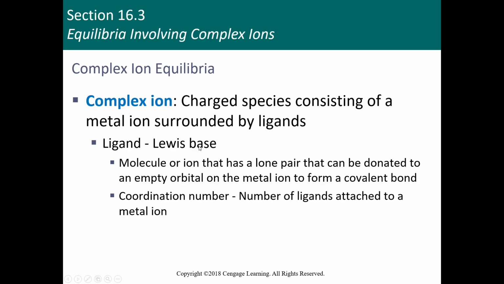Ligand, the exact definition is a Lewis base, by the way. This is a molecule or ion that has a lone pair that can be donated to an empty orbital on the metal ion to form a covalent bond. So they'll form one or more covalent bonds with the metal ion. And these are always going to have what's called a coordination number. This is the number of ligands that's attached to a metal ion. And that tells you how many times they'll attach to the metal